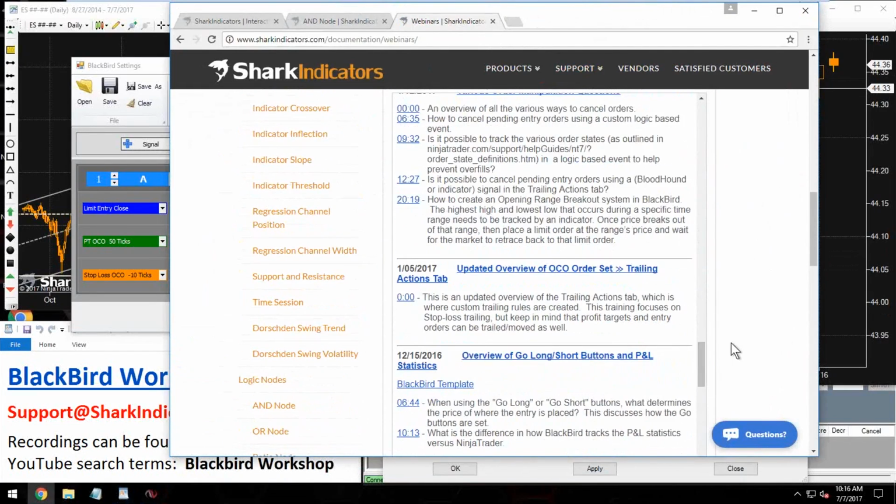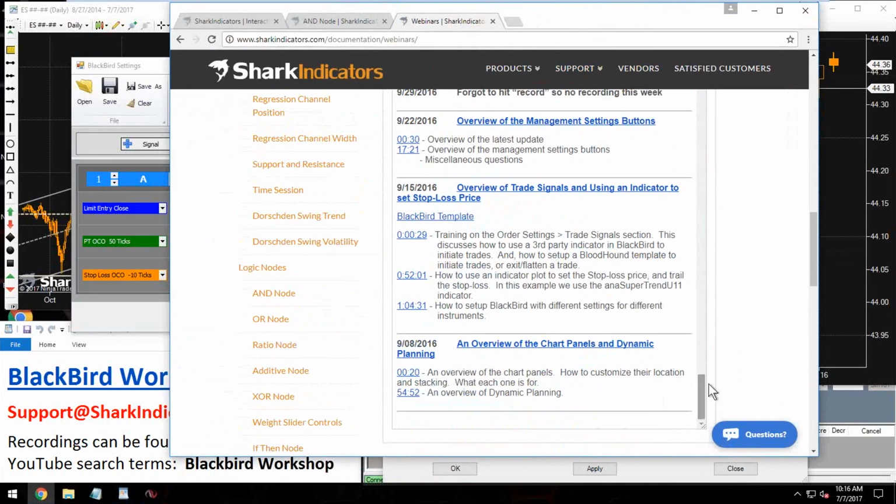If we scroll all the way down to the bottom and take a look at the first recordings, the first one here is the chart panels, which is BlackBird's